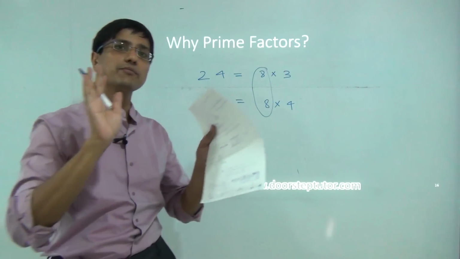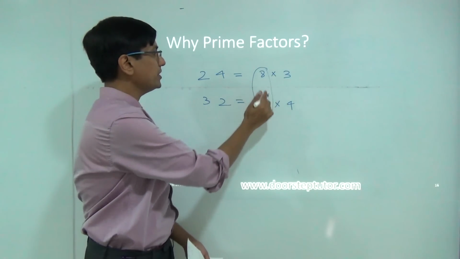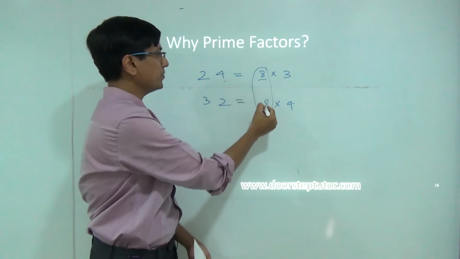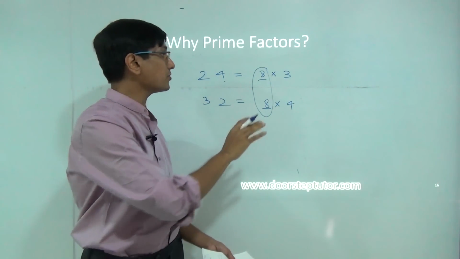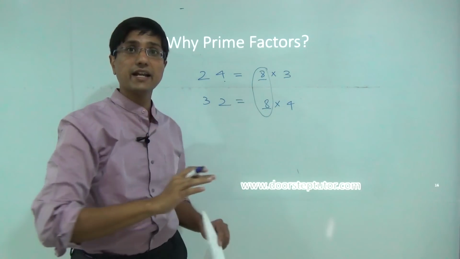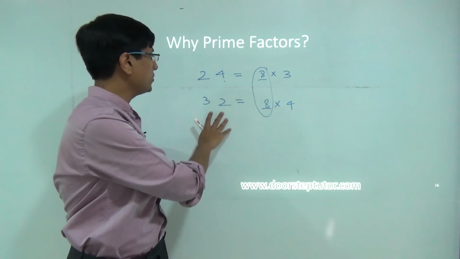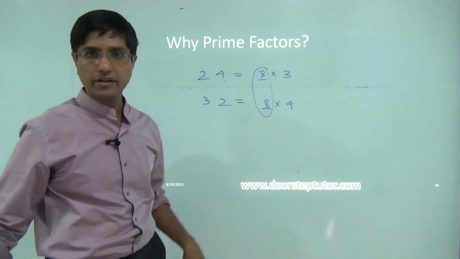But that only comes later. That is kind of a shortcut trick. But if you try to use this early, if you don't divide the number into prime factors, but factorize it in some other way, then you will be lost. There is a chance that you would commit some mistake and get things wrong. So don't do that. Start by dividing the number into prime factors. Only when you become an expert, take these shortcut tricks.